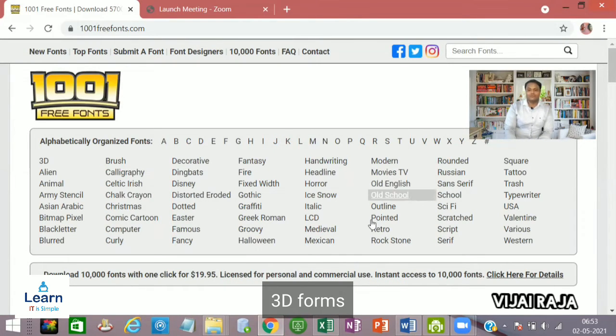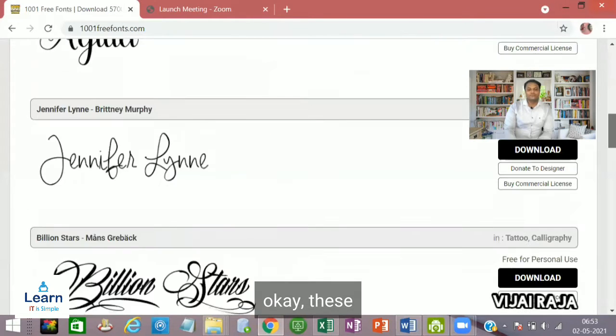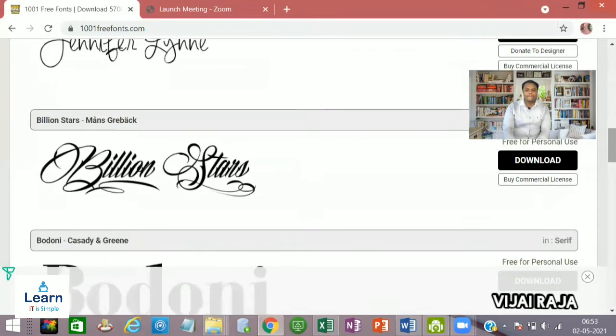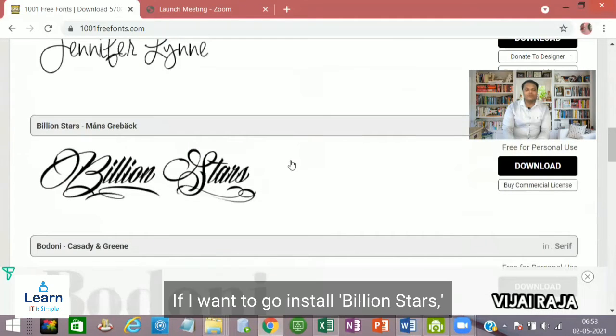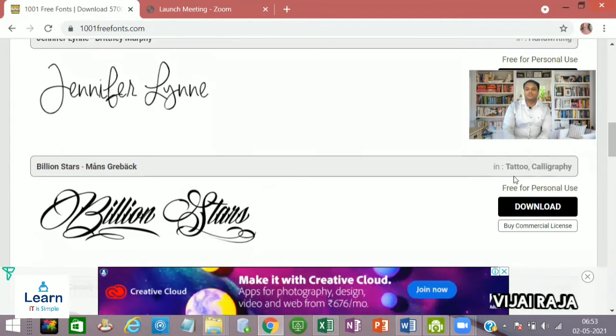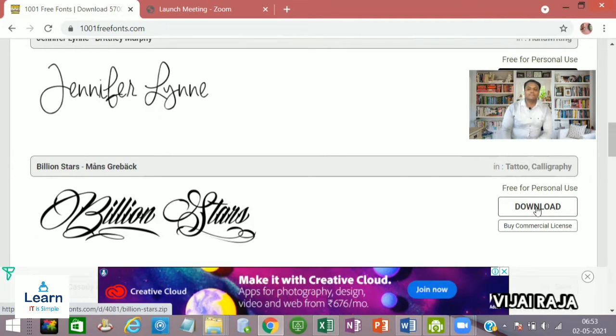Some of them charge you, and there are some free fonts also available here. If I want to download this particular one, Billion Stars, I just click download.